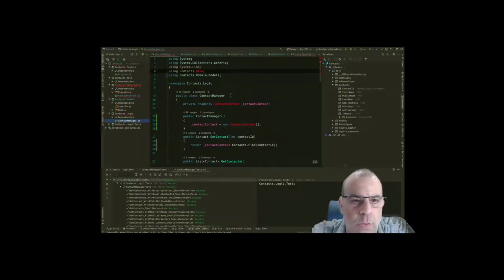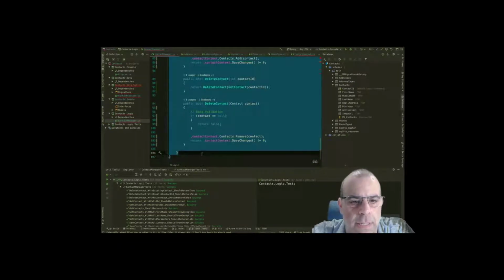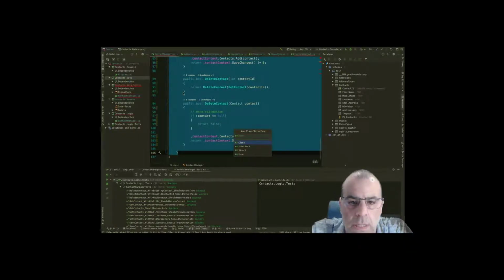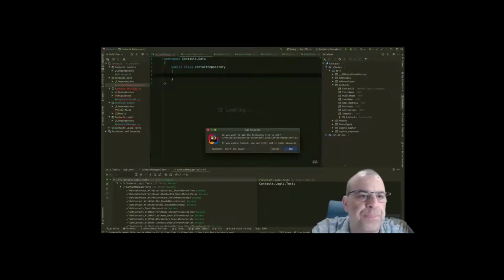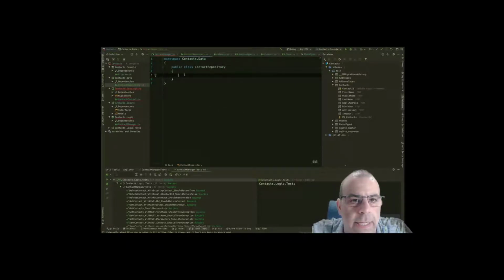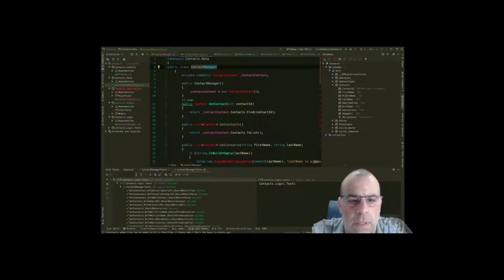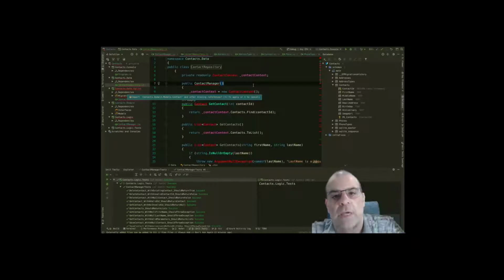So what I am going to do is do some copy and paste magic. So we're going to select all, and we are going to create a new class here, and we shall call it contact repository. Yes, I will add it to Git. And now let's cheat. Paste this here and call this a repository. Now we're good with the repository. We're going to ignore this for a minute because we're going to go through and inject that piece into the